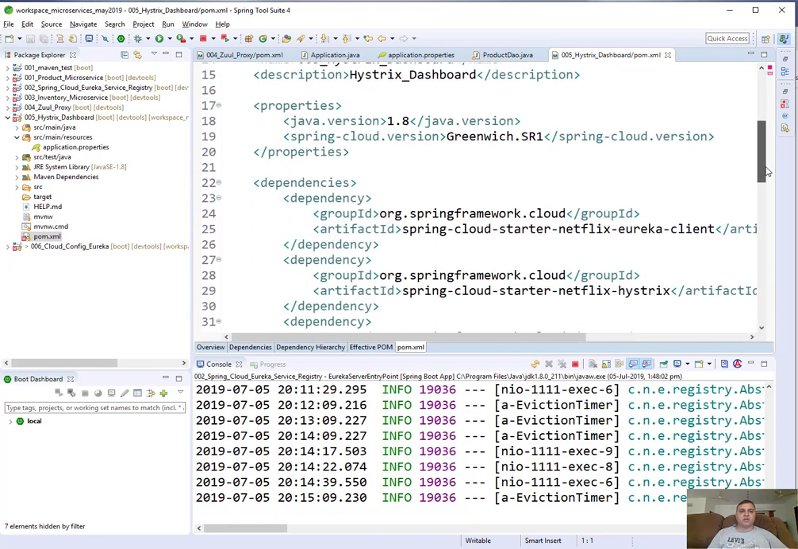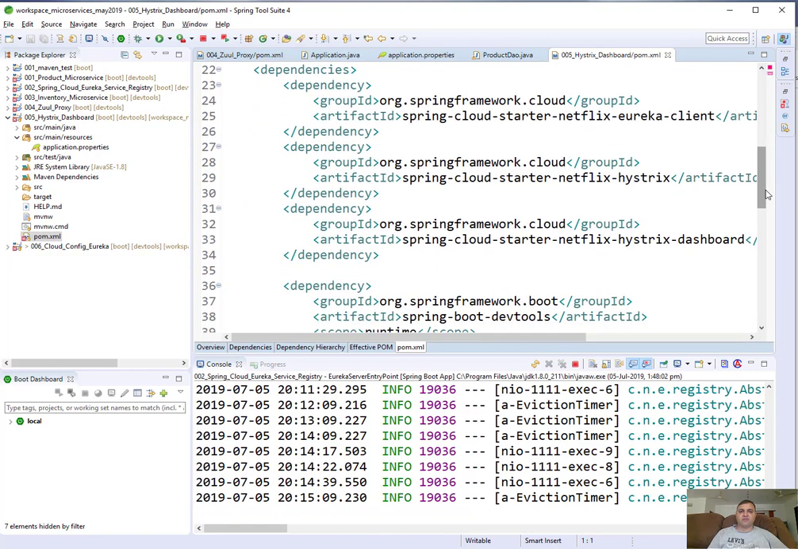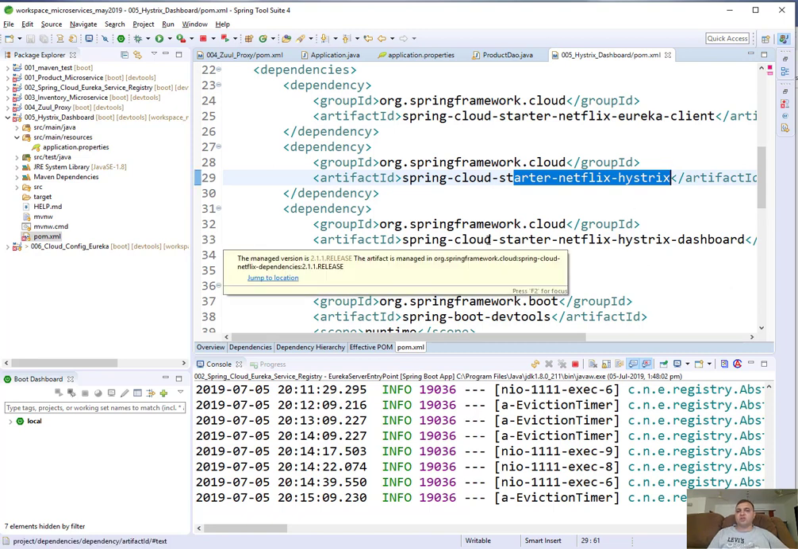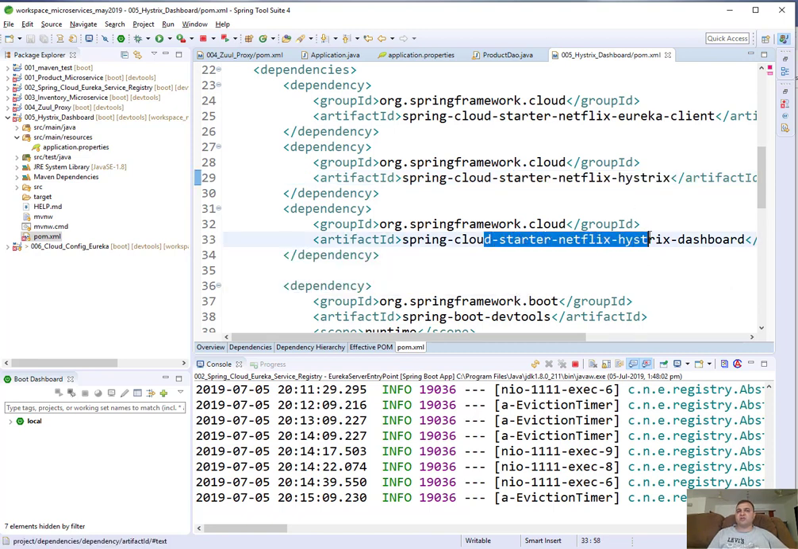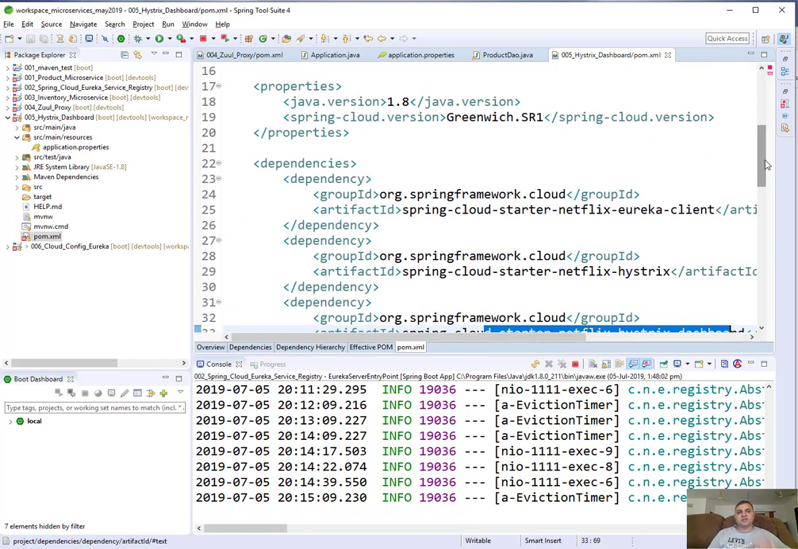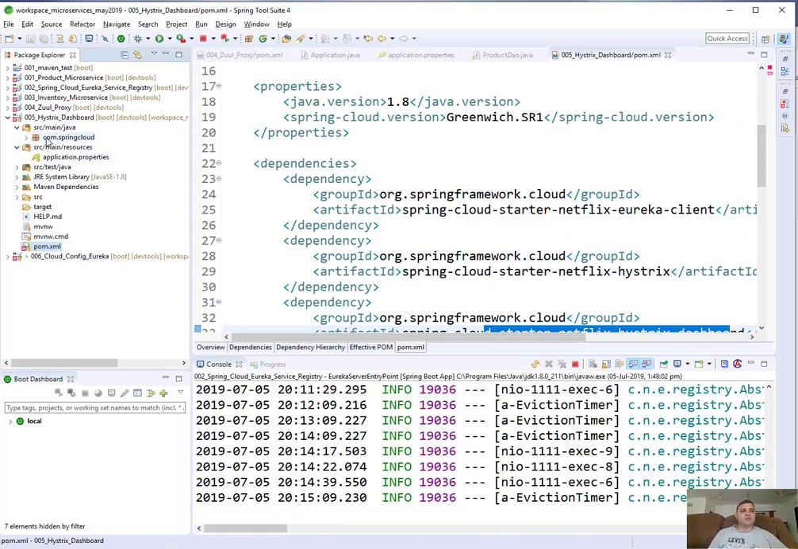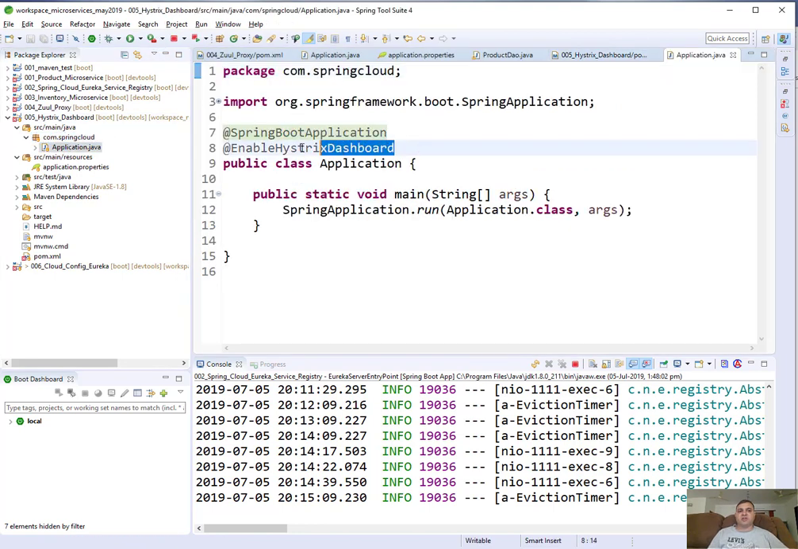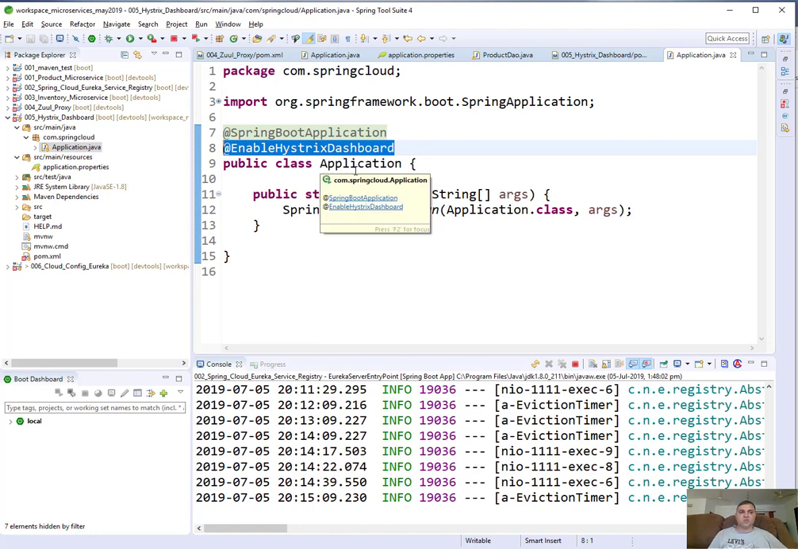So while working with Hystrix, we have starter Netflix Hystrix as a dependency. And since I wanted to create a dashboard, I have also included the dependency Spring Cloud starter Netflix Hystrix dashboard. Apart from that, all other dependencies are the same, right? And in src main java, that is in the Spring application entry point, we have used the annotation